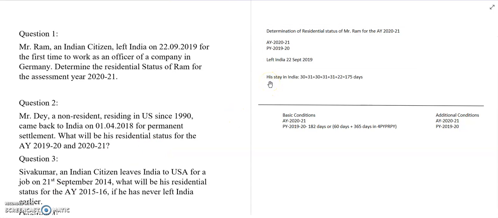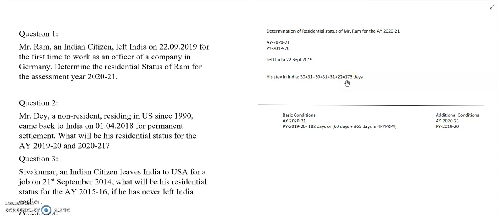After counting the number of days of stay in India, we understood that Ram was in India from 1st April 2019. So in April he was in India for 30 days. May there are 31 days and he was in India. Then June 30 days, July 31 days, August 31 days, plus September there are 22 days because he left India only on 22 September. So the 22 days he was in India, when we add all these days up, we'll get 175 days, which means that Mr. Ram was in India for the previous year